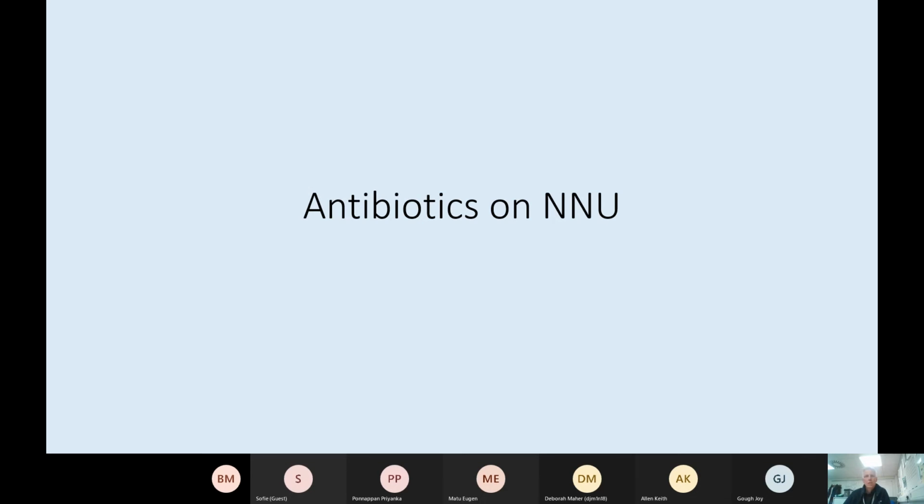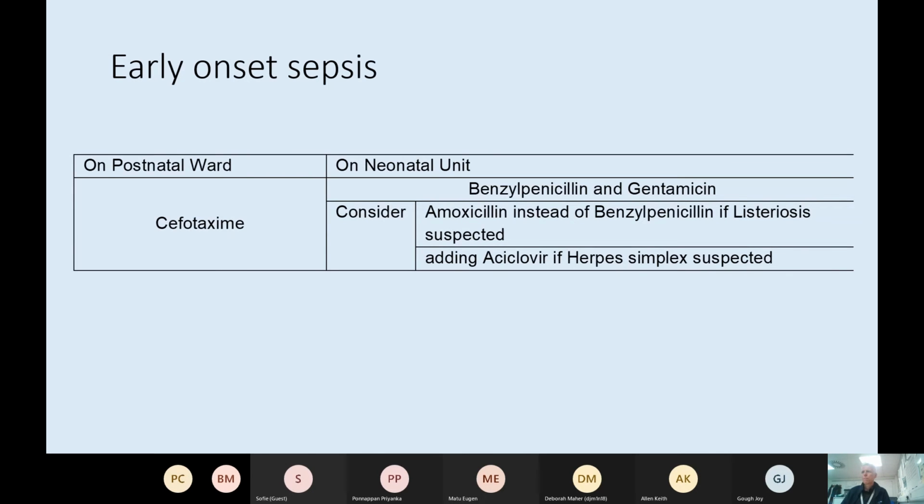Okay. So, do you see this slide with early onset sepsis on it? Yep. Okay, cool. Fine. So we talk about early onset and late onset sepsis, as you probably all know,